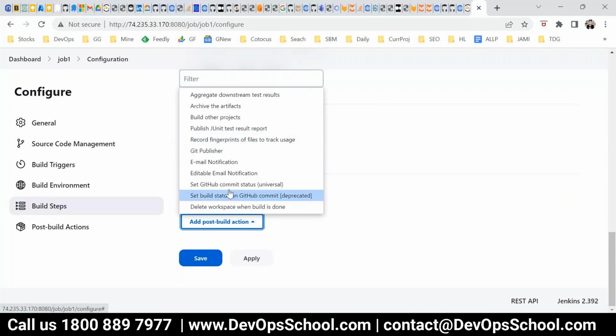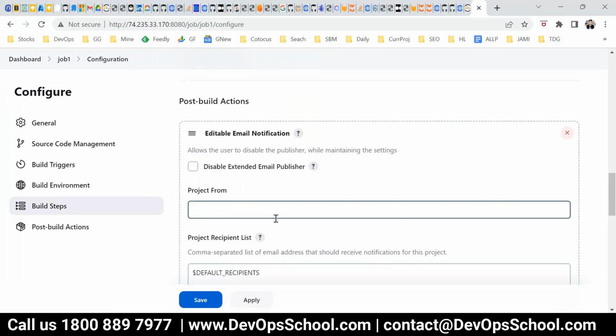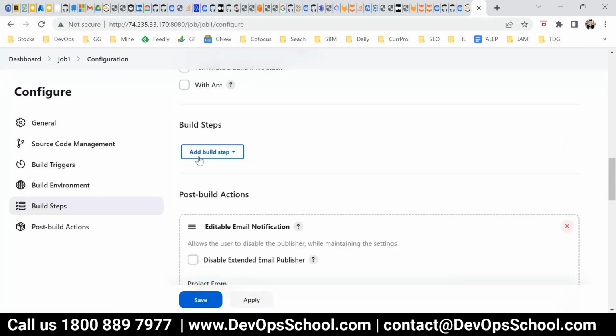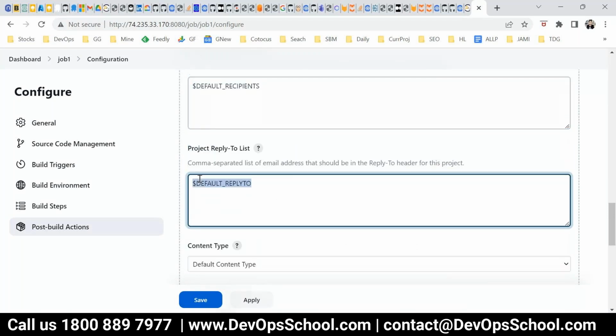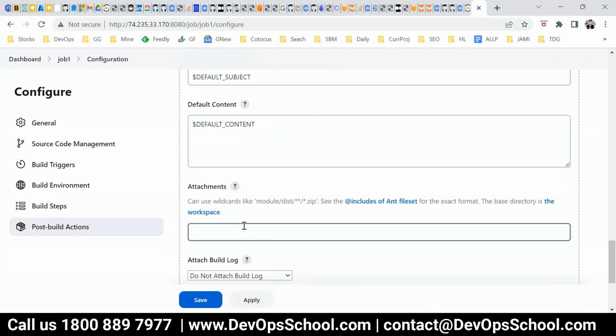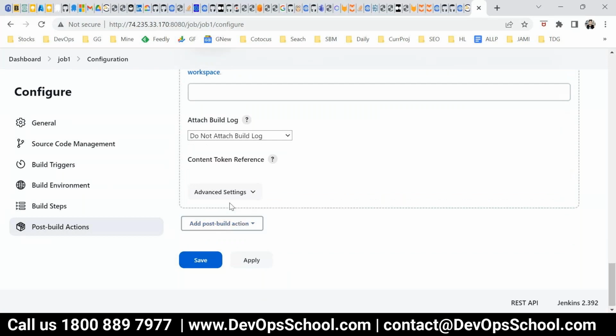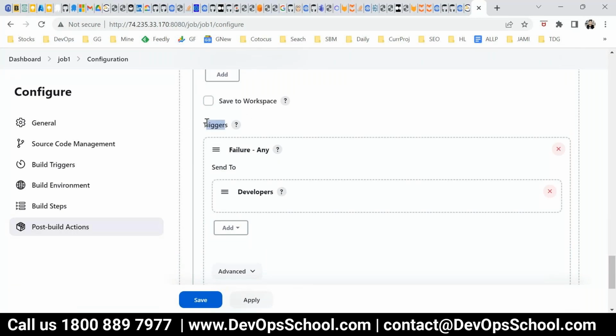See here, editable email notifications. Editable email notification is another plugin, and that is more advanced. Here you can customize the email. That means you can set the from, recipient list, reply to list, content type, what kind of subject should be there, body, attachment if any. And if you see the advanced settings, you have so many other options. In fact, the email can be triggered to only the developer, those who committed the code in git, or maybe